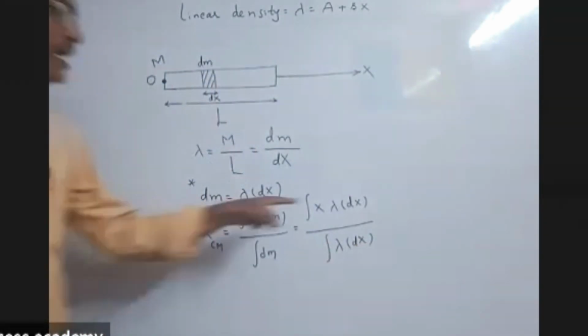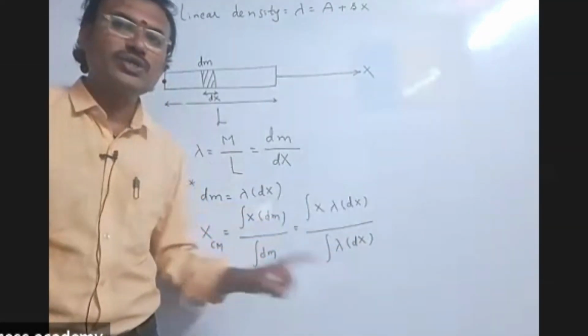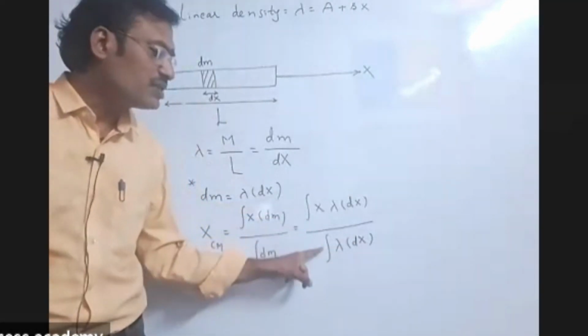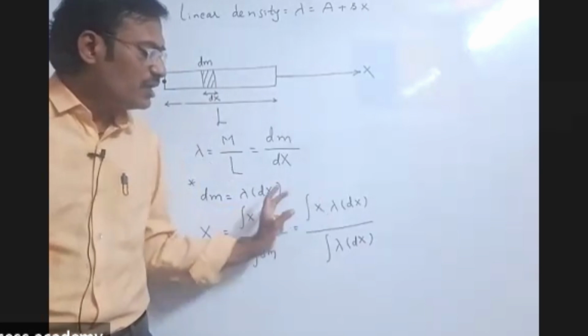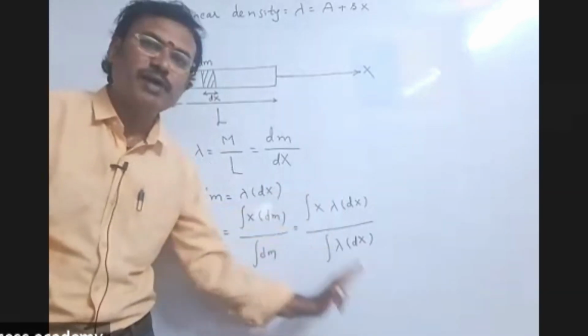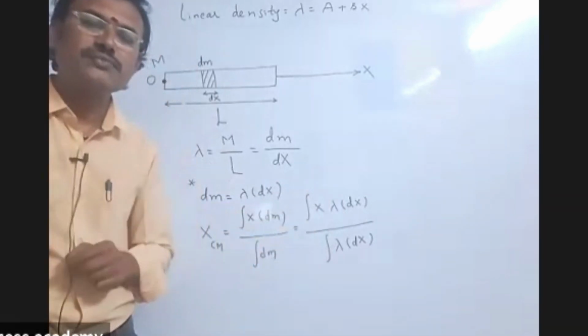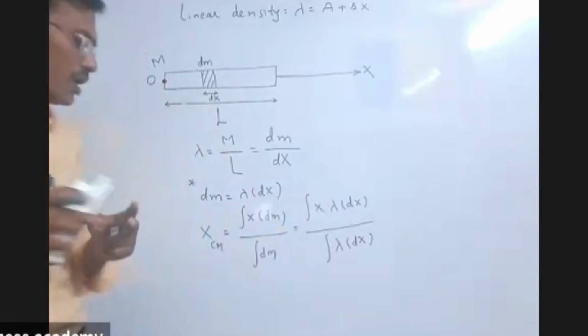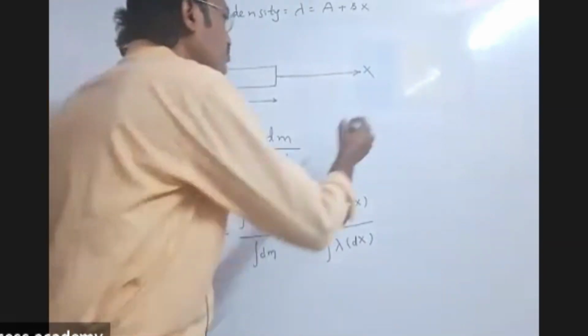So don't cancel the lambda dx like that, it is present. Don't cancel that. These are the mathematical derivations. This is one different part, and this is another different part. Don't cancel like that. Okay, now here that is equal to,